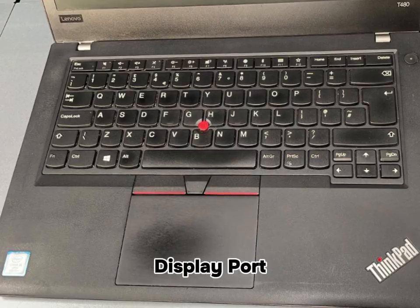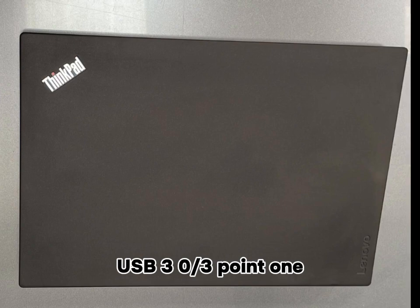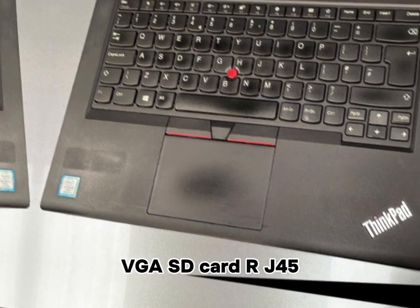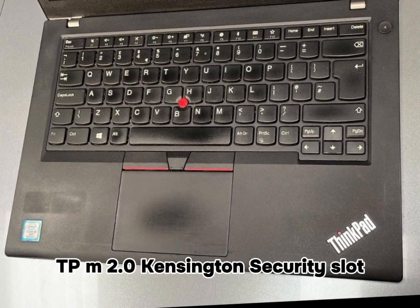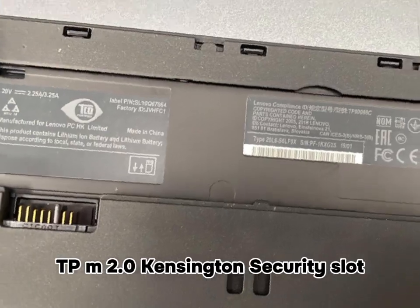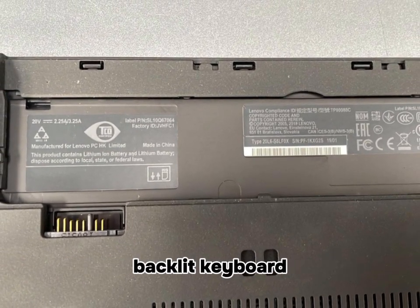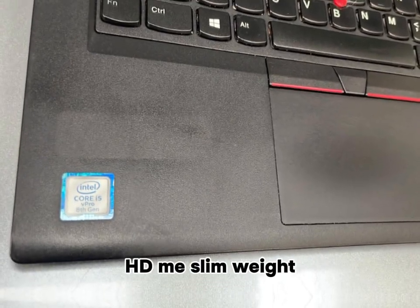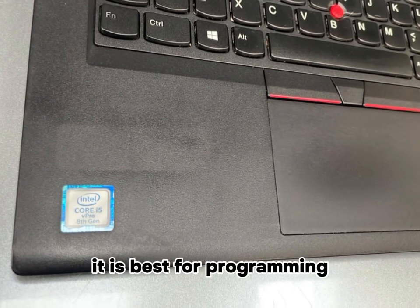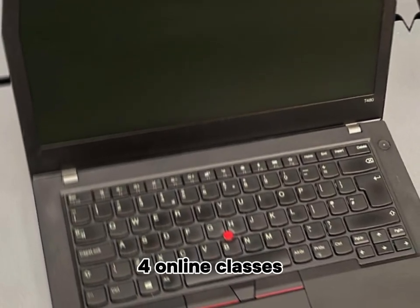Ports and slots: display port, charging port, USB 3.0/3.1, VGA, SD card, RJ45, audio in and out. Security: sensors, TPM 2.0, Kensington security slot, security lock slots. Camera 720p, headphone output, backlit keyboard optional, Bluetooth, Wi-Fi, LAN, webcam, HDMI, slim weight. It is best for programming, architecture, playing games, Free Fire, Tomb Raider, Need for Speed Underground, GTA 4, online